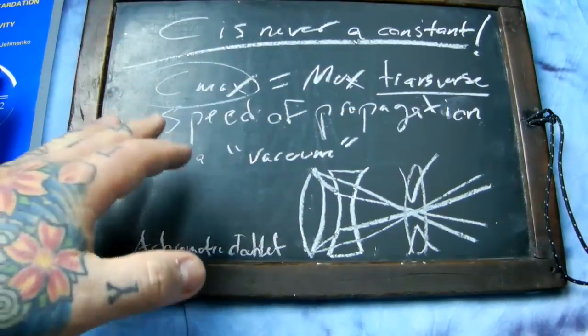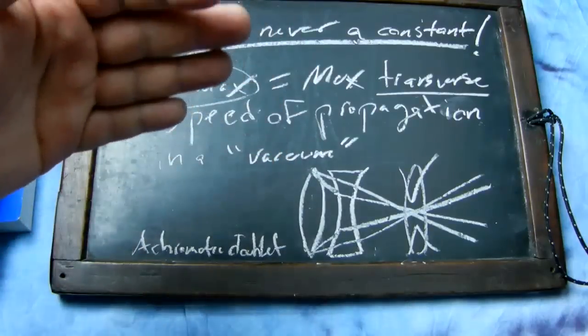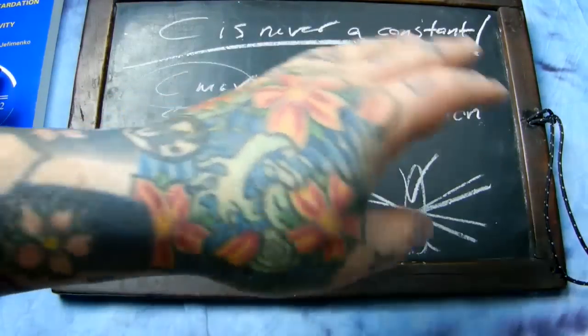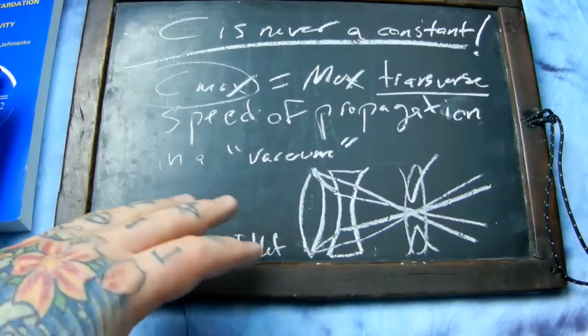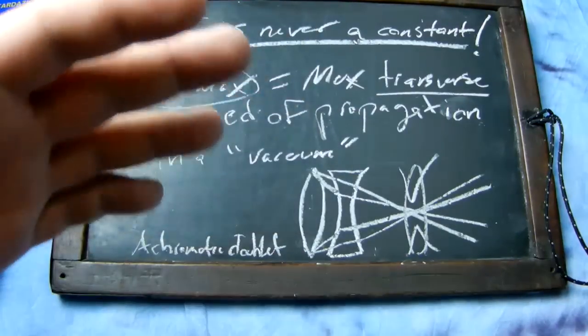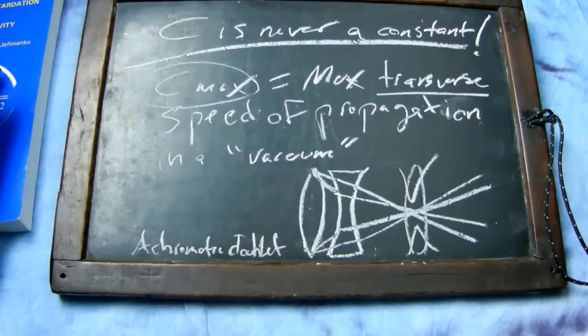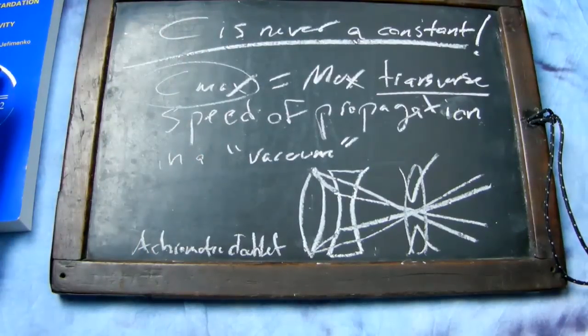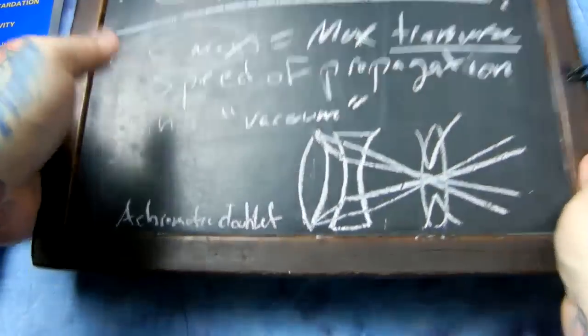Okay? C is never a constant. C max, the maximum speed of light, or what people refer to as the speed of light. Well, the speed of light's a constant. No, it isn't. C max is the maximum transverse speed of propagation in a quote-unquote vacuum. Ultimately, there's no true vacuum, not even in space, but the speed of light that we think is constant is not constant. This isn't my premise. This is an actual hardcore fact. If you shoot light through glass, that's why you get a prism on the wall. If you shoot light through a prism element, light is not a constant. The higher the capacitance of light,